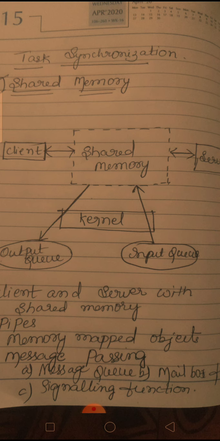Another method of task communication is pipe. You have a process A for writing the data and a process B for reading the data. There are two types of pipes, anonymous pipe and named pipe. What is meant by anonymous pipe? These are not named, unidirectional, used for data transfer between two processes. Named pipe is unidirectional or can be bidirectional for data exchange between processes.